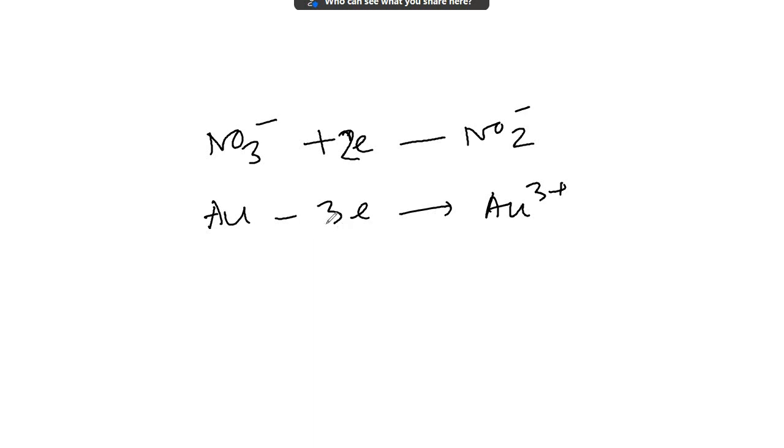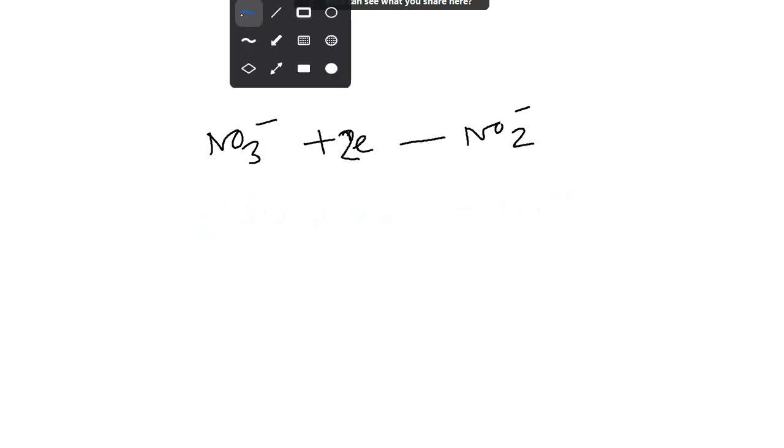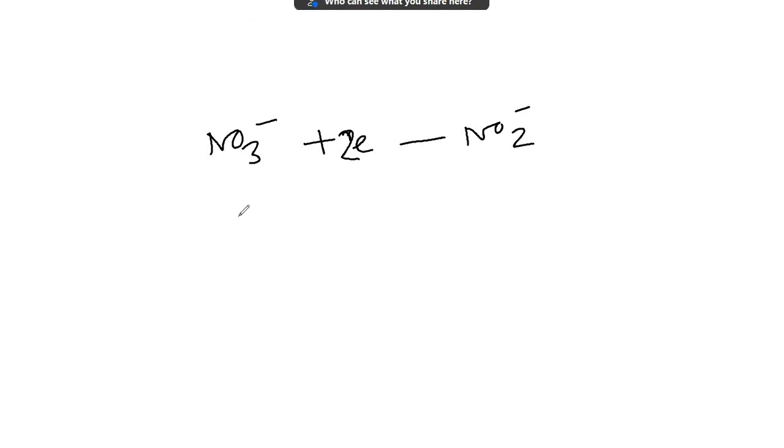Au won't be oxidized because its reduction potential is more than that. Forget about Au. Think of the case of Fe. Fe having reduction potential of what? Fe oxidized to Fe3+ will have a value of